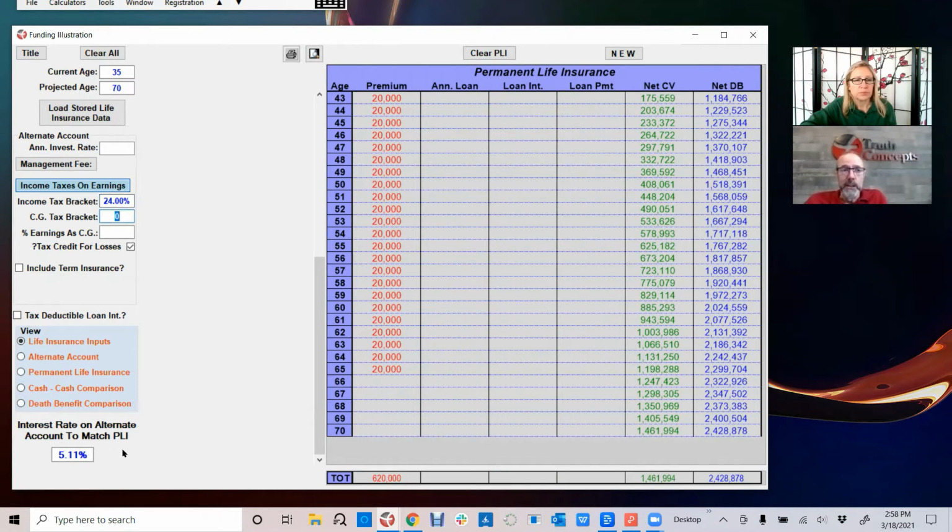And now we see that the language has changed down on the lower left. It no longer says internal rate of return. Instead, what it says is the interest rate on an alternate account to match the PLI. So what it's suggesting is that if we chose not to put money in the life insurance and we put